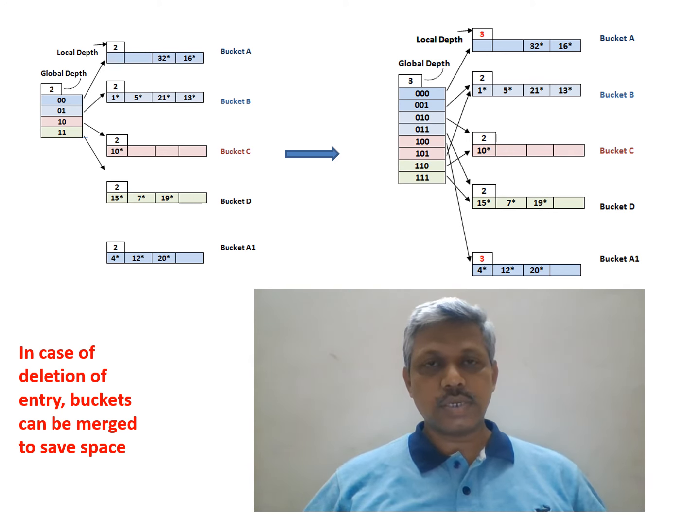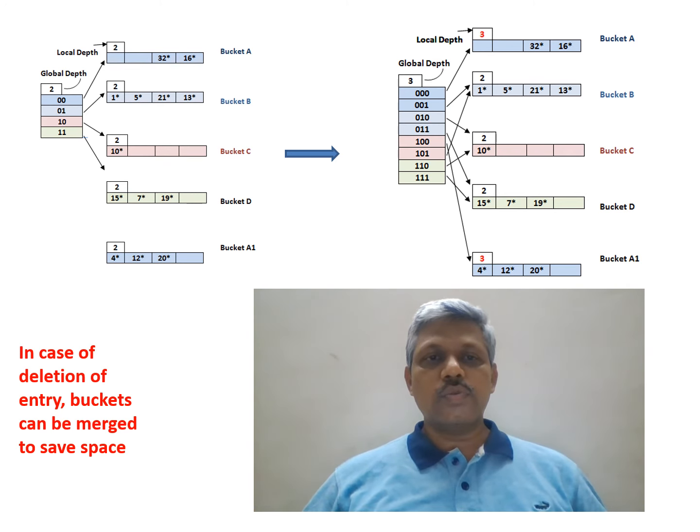Similarly, 12 has to be sent to the 1, 0, 0 bucket, and for 32, the last 3 digits should be 0, 0, 0. So they remain in bucket A, which 0, 0, 0 is now pointing to. 1, 0, 0 is pointing to A1. And 16 will also remain there because the last 3 digits are 0, 0, 0. So now the bucket is split into two parts. The values are redistributed according to the new set of directory values. This is how the split is performed.